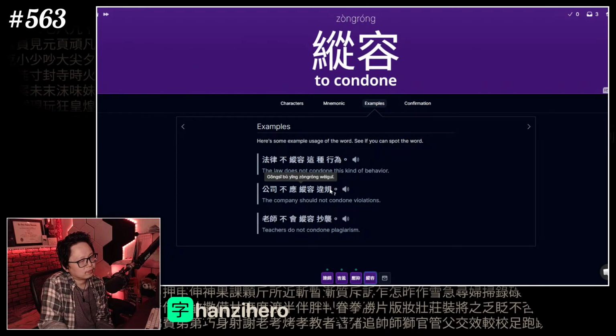Oh yeah, that's violations and rule put together. 违规. That's a shortened should. 不应. Interesting. Yep. 老师不会纵容抄, right, 抄 copy, 抄袭. 老师不会纵容抄袭。